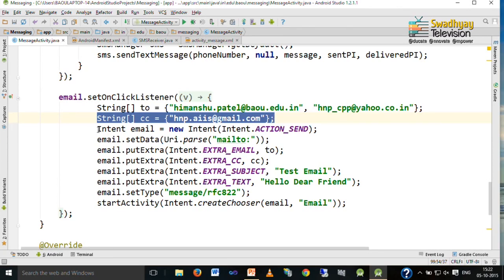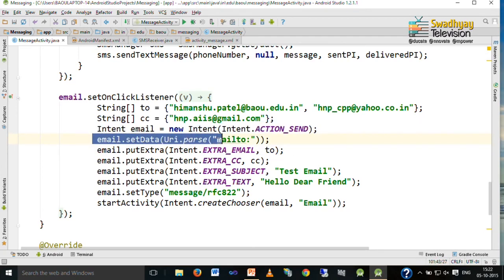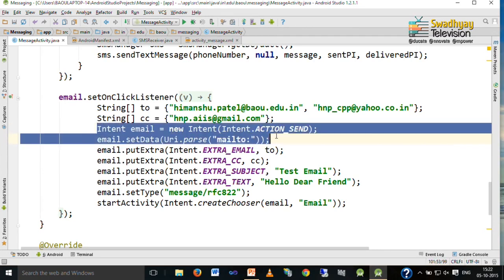Now, here we create one intent which specifies action send, and if you are using action send and you set data with the argument Uri.parse mailto, then it understands that we want to send an email. So, these two lines specify that our intent wants to send an email message.